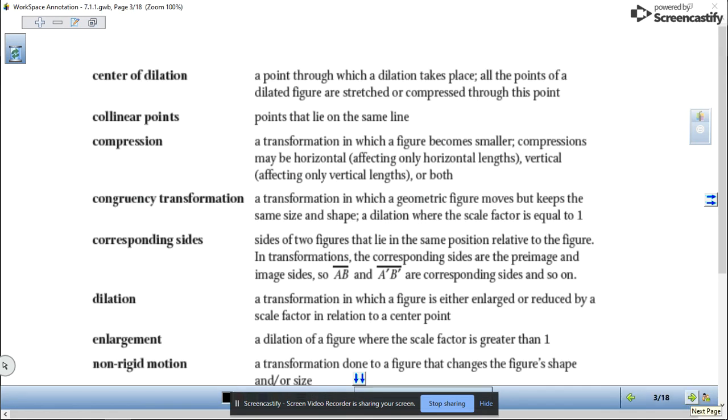Okay. Center of dilation, the point through which dilation takes place, and all this stuff. Here's the key word right here, dilation. All these words are important, but dilation is what this whole lesson is going to revolve around. A transformation in which a figure is either enlarged or reduced by a scale factor in relation to a center